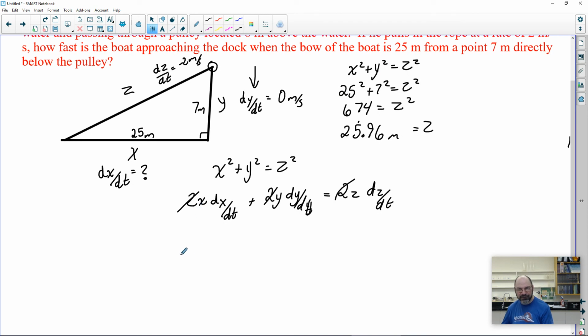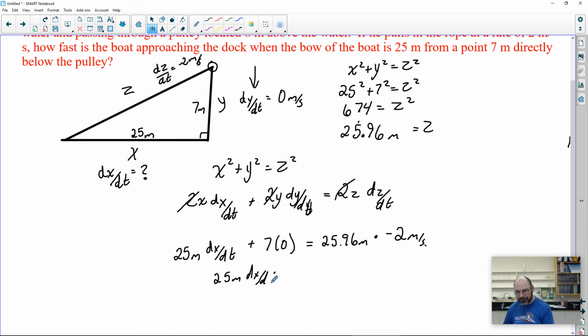Okay, so let's get this. X was 25 meters times dx/dt, that's what we're trying to find, plus y, which was 7 meters times 0, equals z, which was 25.96 meters times negative 2 meters per second. Okay, so if we do that, we're going to get 25 meters times dx/dt equals, times 2, so we get negative 51.92